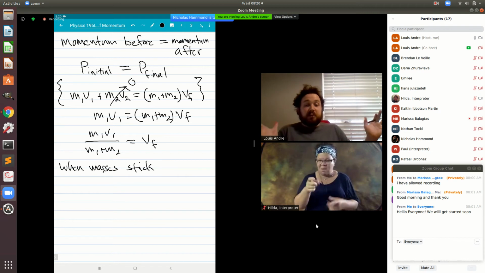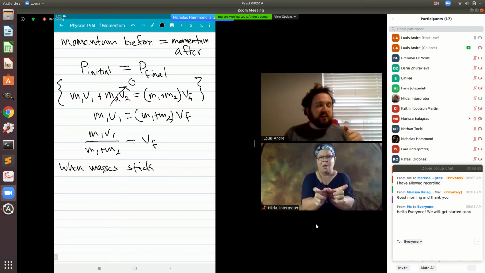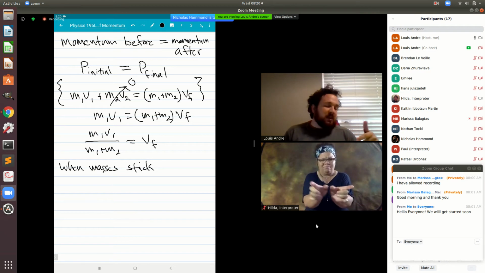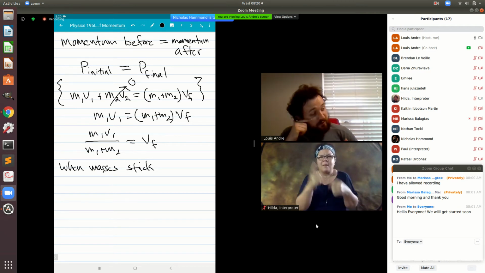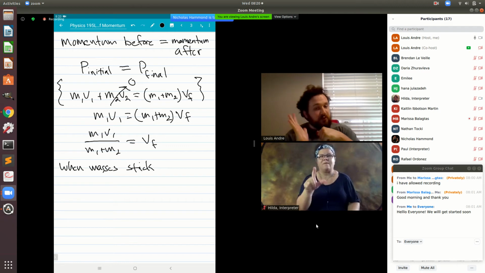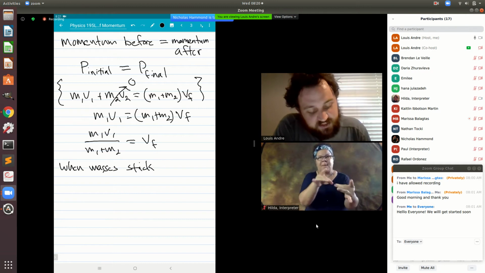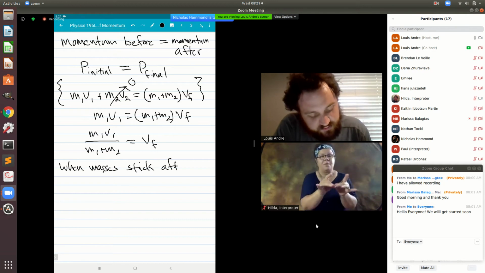There had to be some kind of deformation. In the example of the carts, we actually use Velcro, so you have these Velcros pushing against each other and then hooking into each other. So it kind of simulates this. But when the masses stick after collision,